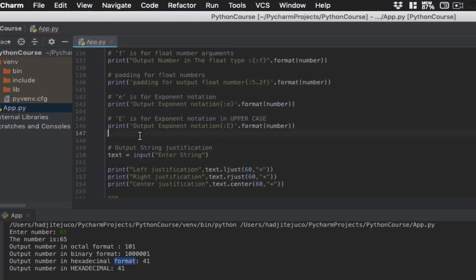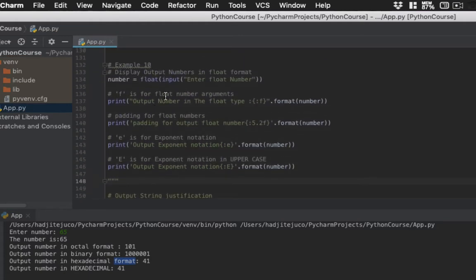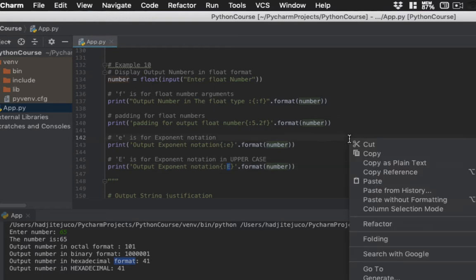We have two more here. Okay, one more. For example number 10, you're going to ask the user to input a float number, and then it will display how the data will be formatted. This one here displays the float value. This one will have some padding, 5 and then 2 decimal places. This will be for the exponential value, and this will display the exponential value with an uppercase E. Okay, if we run our code,